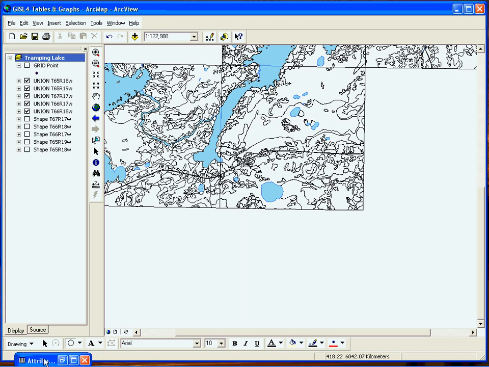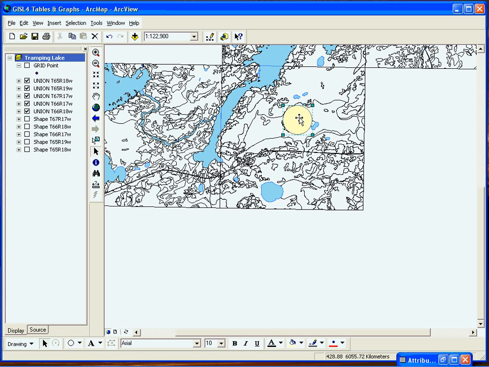I'm going to see if I can move this over so it's not in our way. Let's move it down over here out of the way, and you'll see here when I go to draw the circle that the radius will appear down here. You can use this as you're drawing it to make sure you're centered on the X and Y or the UTMs that you would like to use, and that the radius is approximately what you want. We'll set it at about 1 kilometer here, or 1,000 meters,